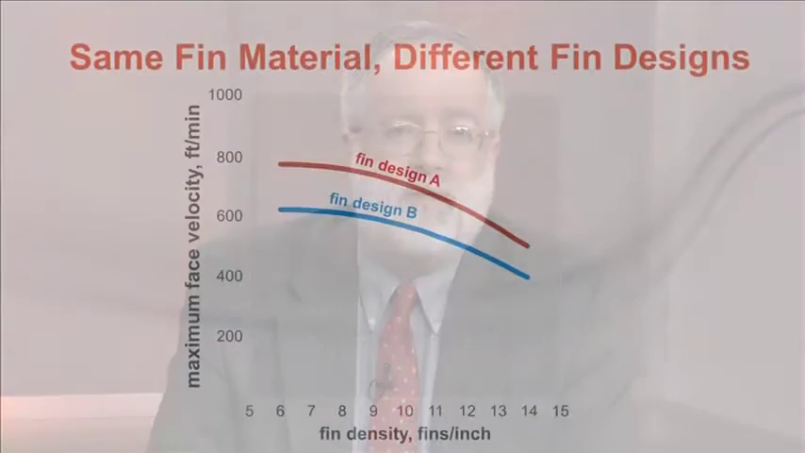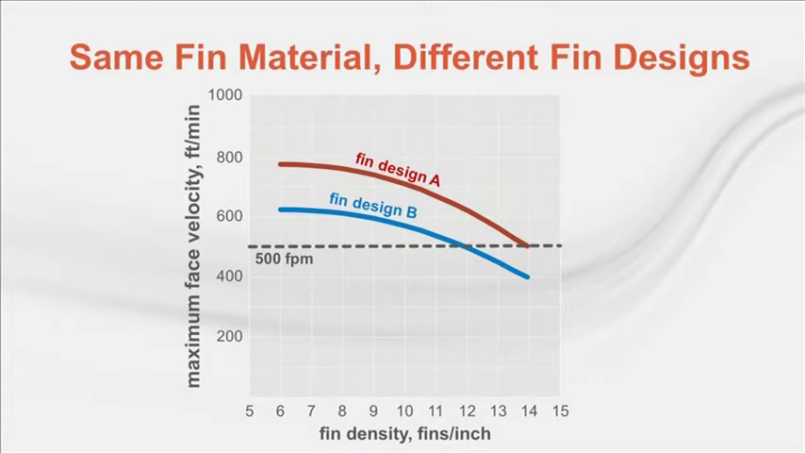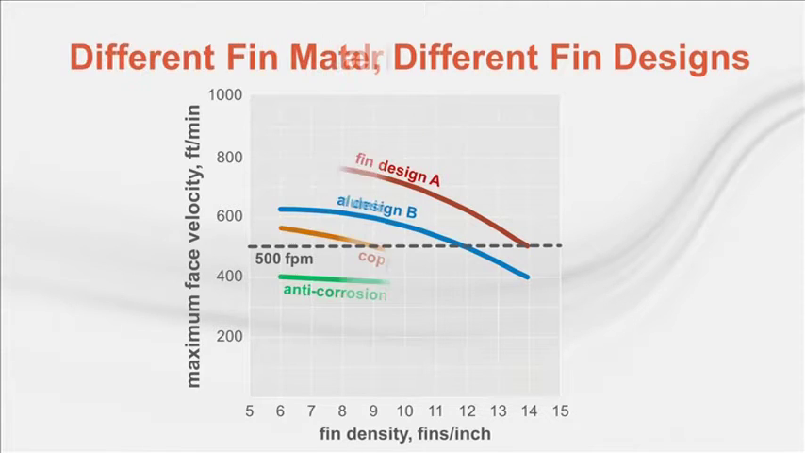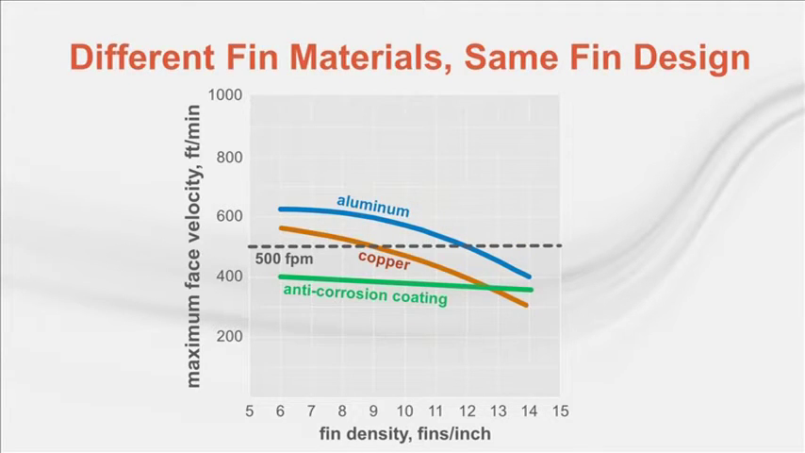So what about the industry rule of thumb that Brian mentioned? Here's the arbitrary 500 feet per minute limit. You can see that depending on fin density, both of these heat transfer surfaces are capable of operating at higher coil face velocities. This second chart shows fins of the same design, but demonstrates the impact of materials and corrosion-resistant